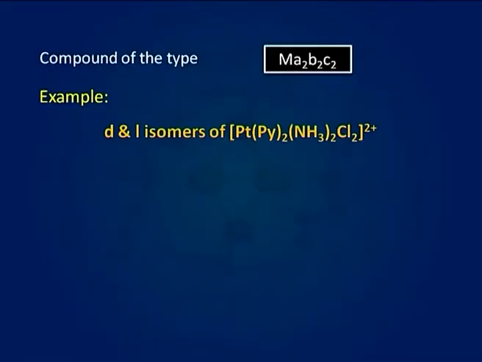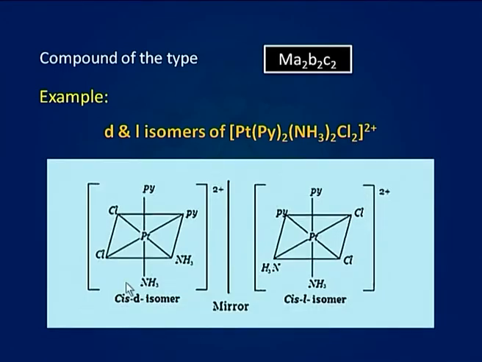Now, we are taking another example of Ma2b2c2 type of complexes. The example taken here is [Pt(py)2(NH3)2Cl2]2+. Here you can see that the cis isomer of this is optically active as the mirror images are non-superimposable. Therefore, the cis form of this complex has optical isomerism and contains D and